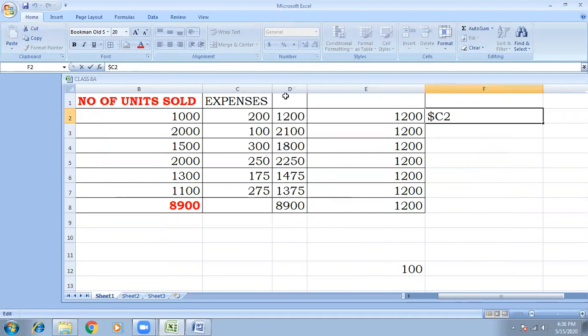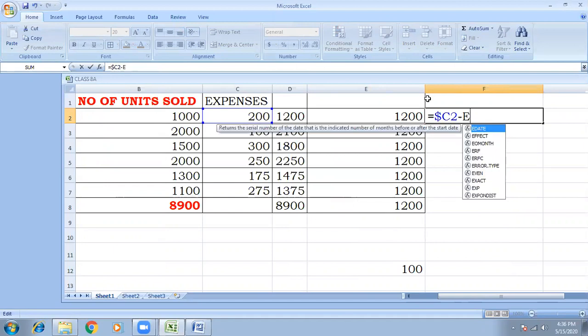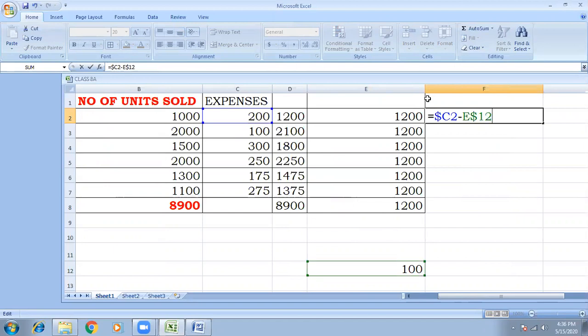E dollar 12, which means the row number becomes fixed, and press enter.